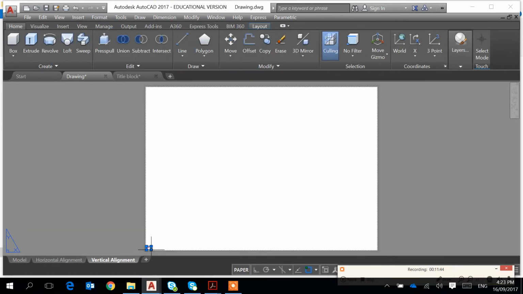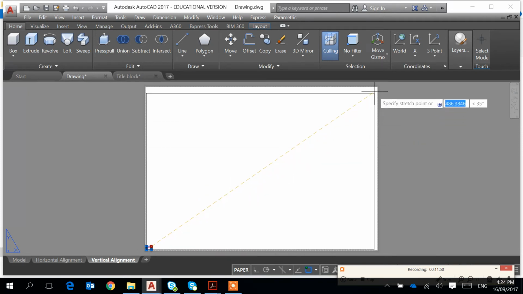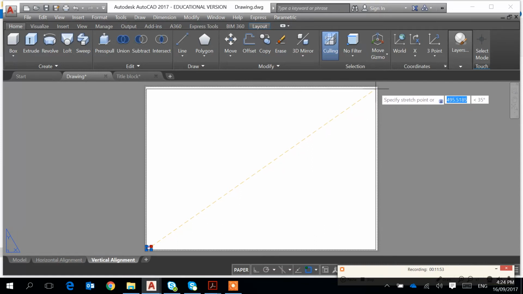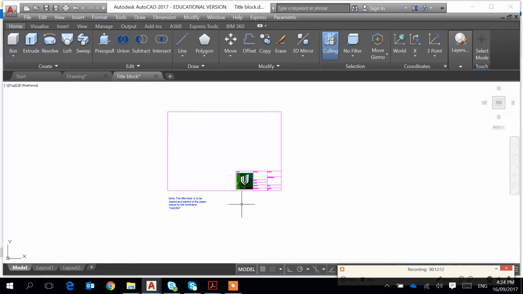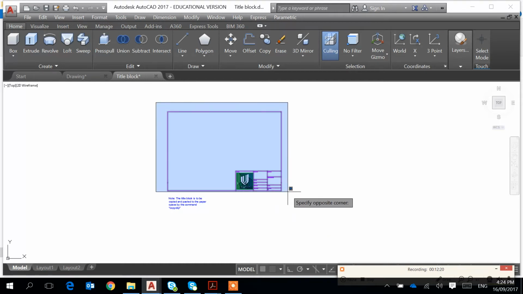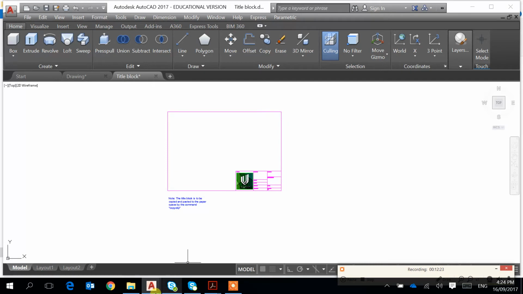I will need to drag this box up again to the full size, covering all the area of the page. Okay, I double click. Remove the drawing. Okay, again I go to the title block. I want to copy clip this and insert into the layout plan for vertical alignment. Enter, and